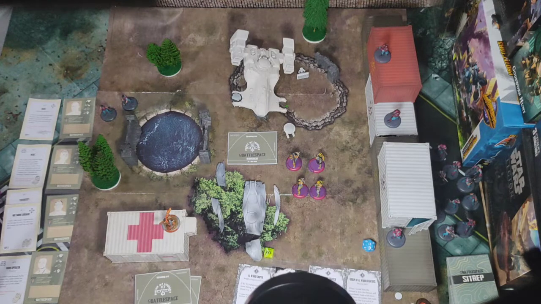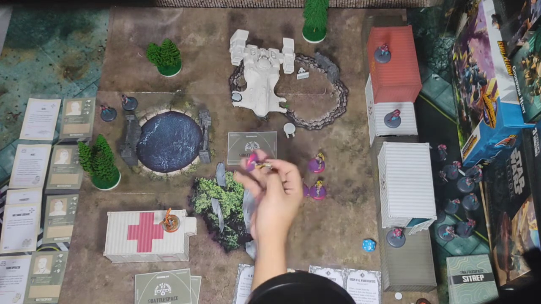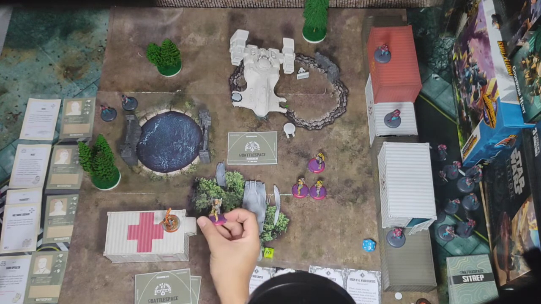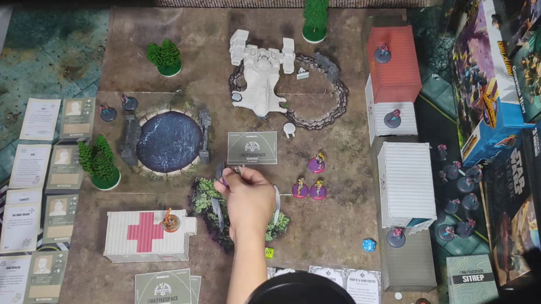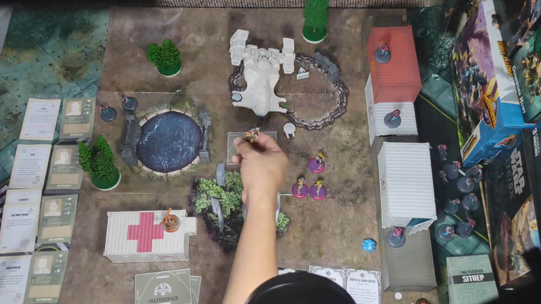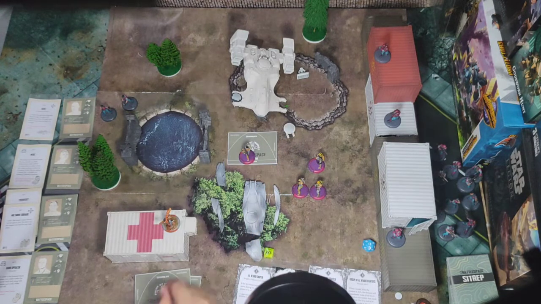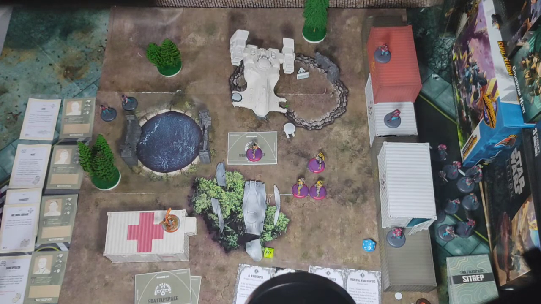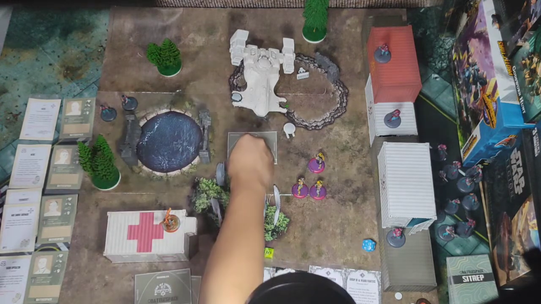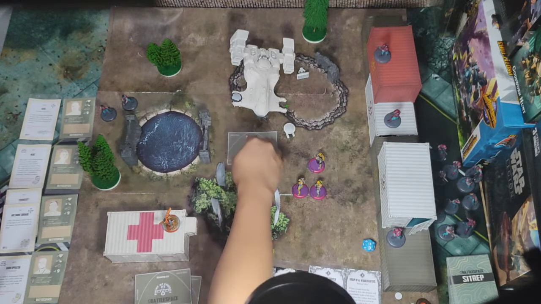Alright, so let's start the game. We'll do the deployment first. So I'll be putting this as our comms guy, since he does look like a comms guy. So he will be Crowder. So this will be Crowder. I will deploy him in a manner that he won't die easily. So probably at the edge, as long as we are still within that zone, I can go as far as